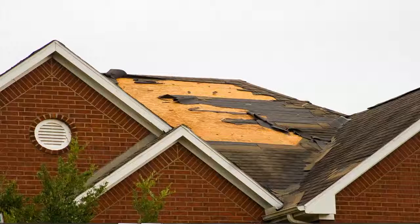And by waiting and putting things off, the chances of you having mold is going to be that much greater the longer you wait. So if you ever see a problem with blown off shingles, immediately call a roof repair company in Fairfax County, or give us a call, or fill out our form